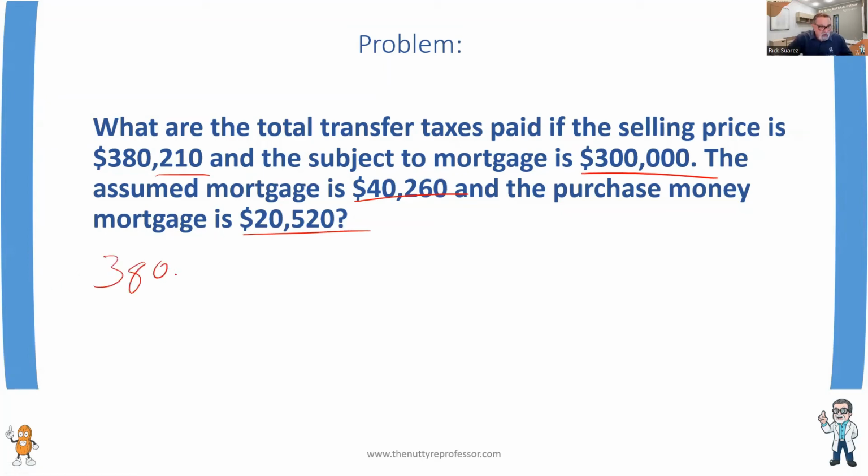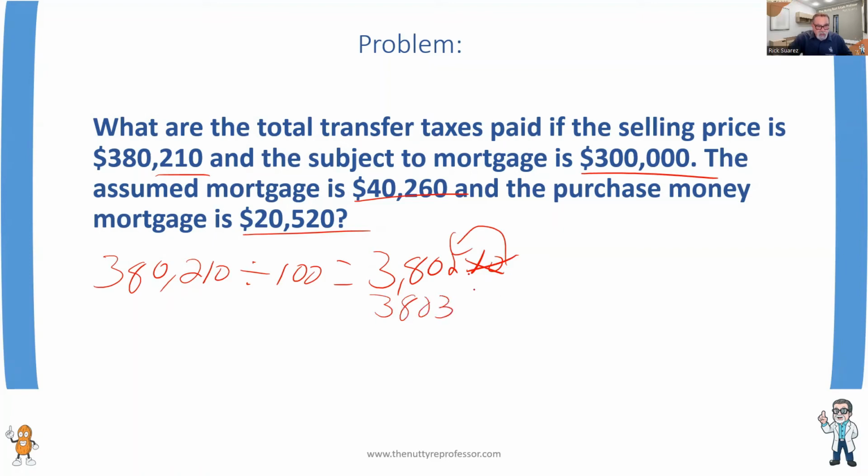We have 380,210 and we're going to divide that by 100. So that's going to be 3802 with 10 cents. We can't have this guy, we must round up. So that's 3803 times 70 cents. So 3803 times 70 cents is going to be